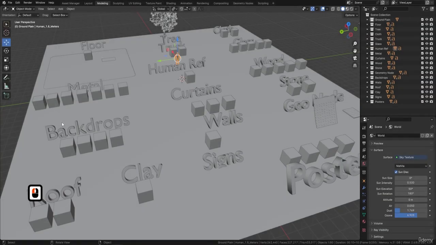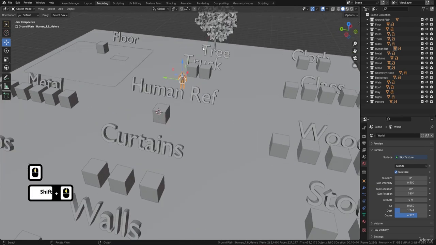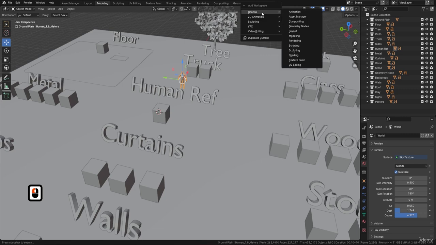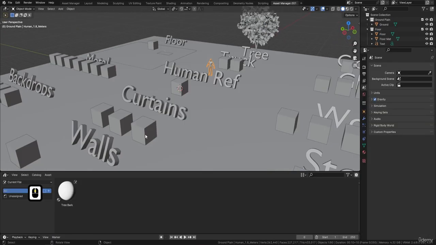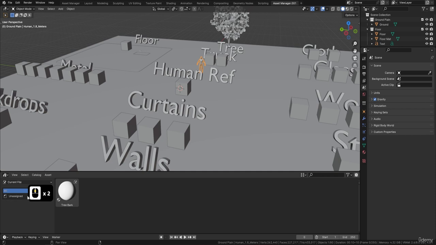Welcome back everyone to Blender 4, the Environment Artist Guide, and this is where we left it off. Now, I don't really need to explain much of the Asset Manager because hopefully you watched that short tutorial. So what we'll do now is we'll first of all come up and bring in our Asset Manager space. And then what I'm going to do is, at the moment it's on current file, that's exactly what